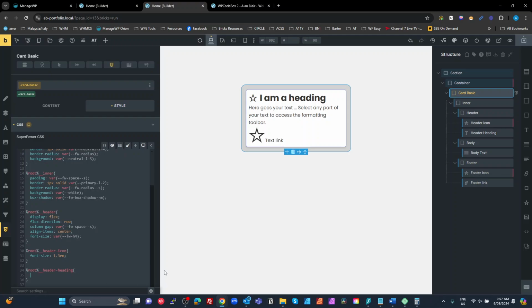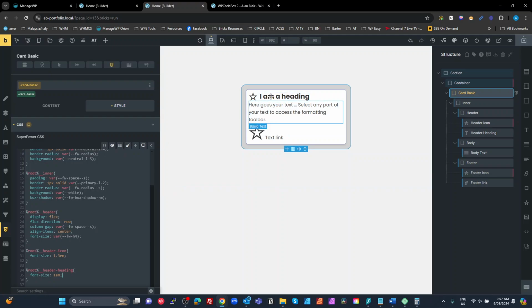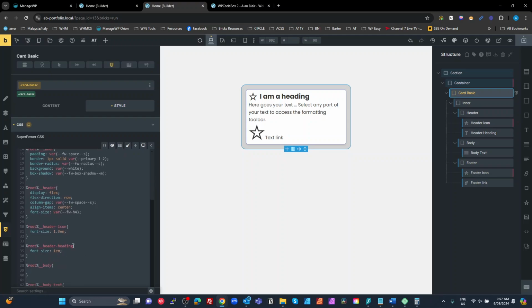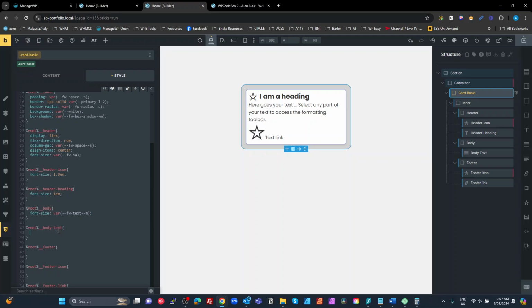We're going to set the font size of the heading to 1 EM. All right, so let's drop that down to the H4 size, even though it's an H3 header. All right, so that's that there. The body, let's set our font size to text medium. And we'll set our body text to 1 EM. And I'm doing that here, the body wrapper, I'm setting the font size on the body wrapper